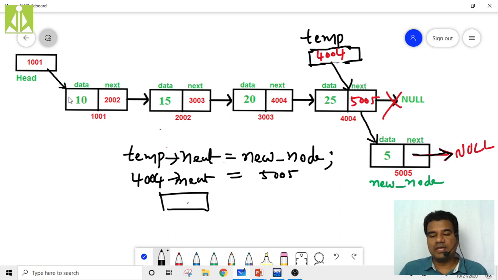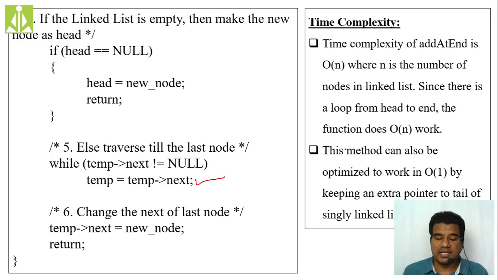In this way, we have to move the temporary pointer to the last location, and we have to add the new node as the last node in our linked list. Hopefully you understood. So quickly go and see the time complexity of this function.